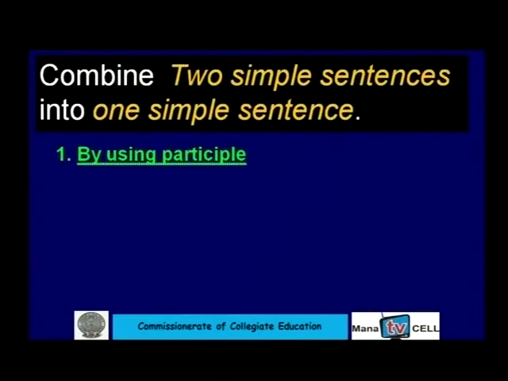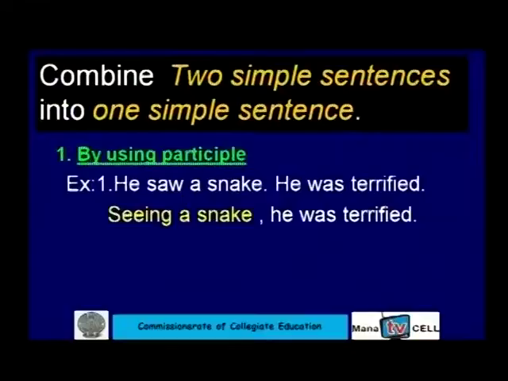As you know, a participle is obtained by adding ing form to the base form of the verb, and you have another participle, namely past participle of the verb. So, here the simple sentence begins with a participle. For example, he saw a snake